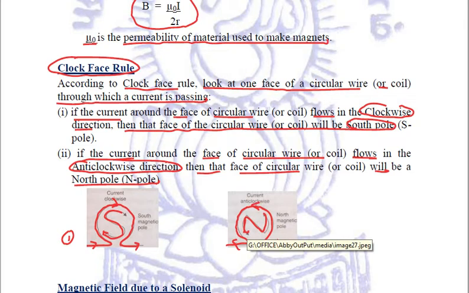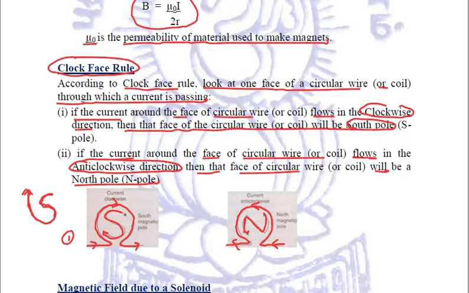Clear? One simple rule is just relate south pole, north pole starting with alphabet S and N, and just write the alphabet S or N without stopping at the end. For example, this is the S, don't stop and continue going, put an arrow, so you will be able to relate that south pole will be on the face when the direction of current is clockwise.